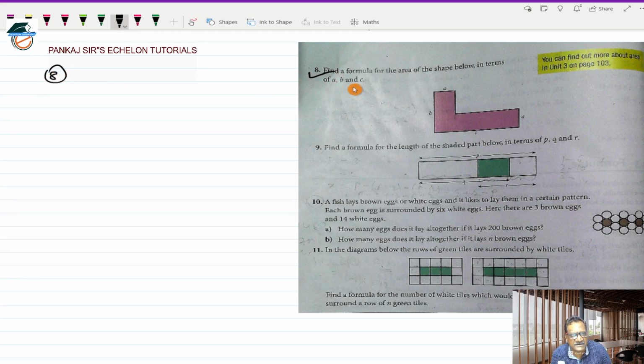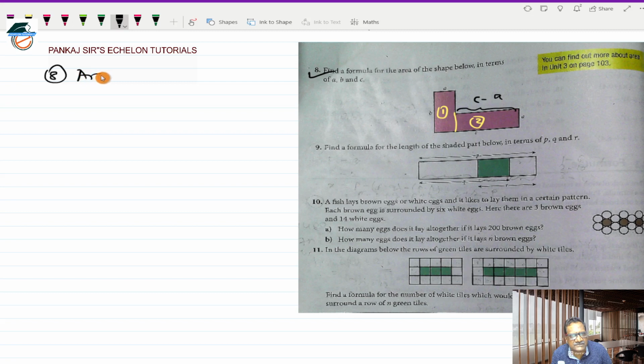Question number 8. Now you can see this figure. In this figure they have given you this as B, this is C, this is A, and this is also A. So this particular distance has to be how much? It should be C minus A, right? Fine. Now, if I join this particular line this way, then this figure gets divided into two rectangles, and the area of this figure will be nothing but